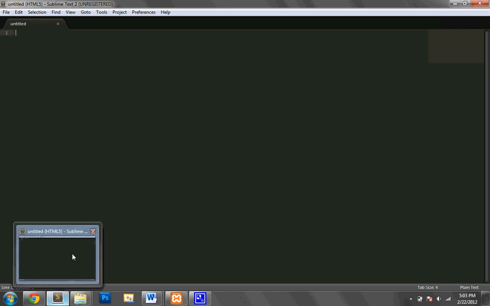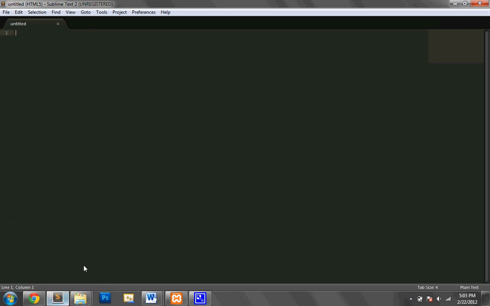So today we're going to be starting a new project, since I just so happen to not know where I saved the last one. But that's okay. Today we'll be looking at how to create a nice looking index form. As you can see, they've released a new version of Sublime Text 2, and you should go download that. If you don't know what that is, you should watch the first tutorial, and I'll put a link